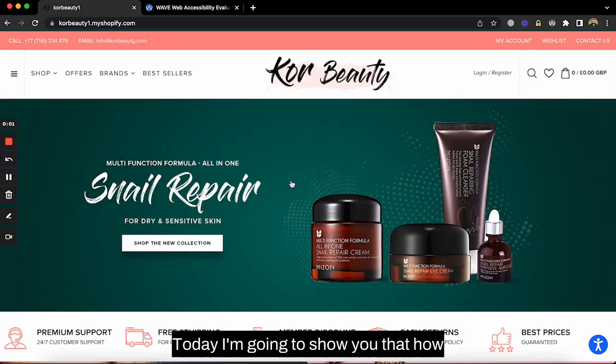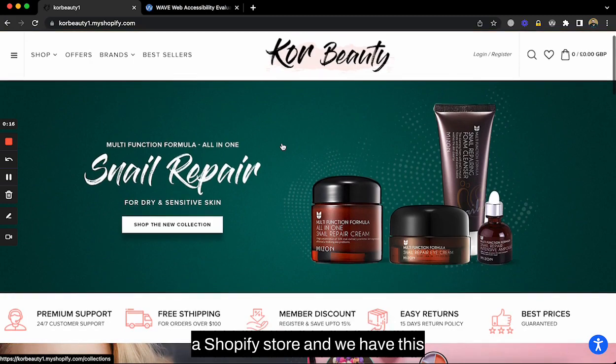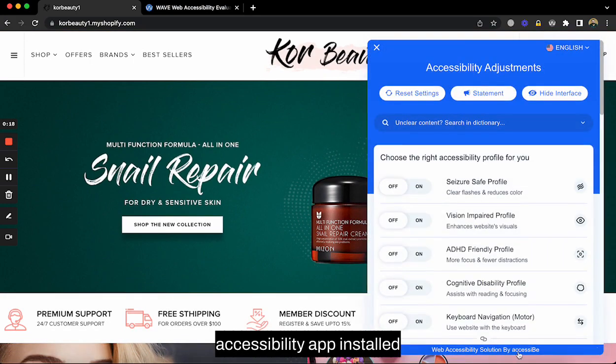Hi everyone, today I'm going to show you how accessibility apps are not really accessible, or that they are not going to make your website accessible and might get you sued. First of all, as you can see, this is a Shopify store and we have this accessibility app installed,